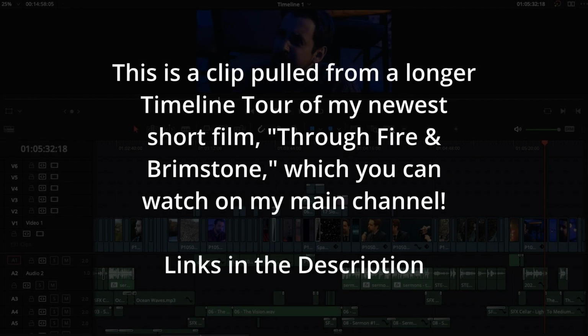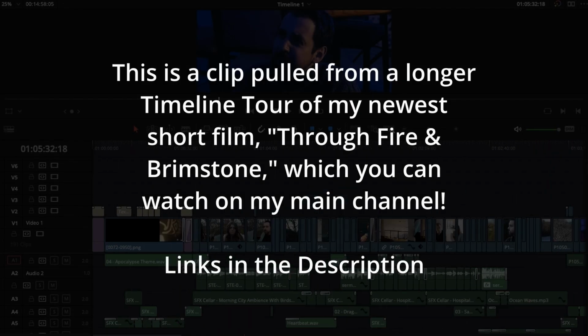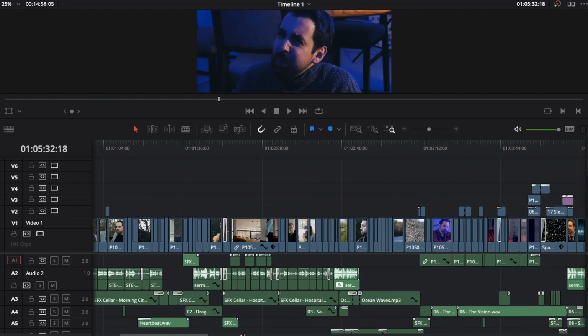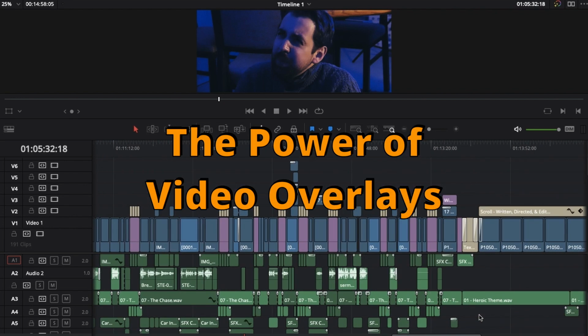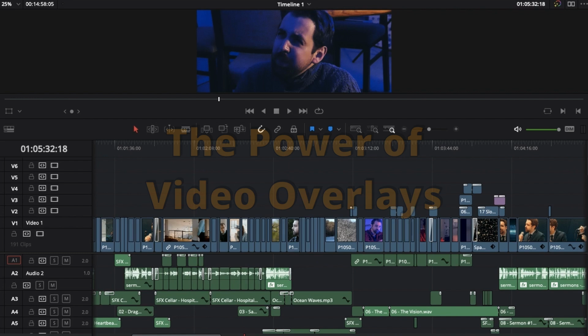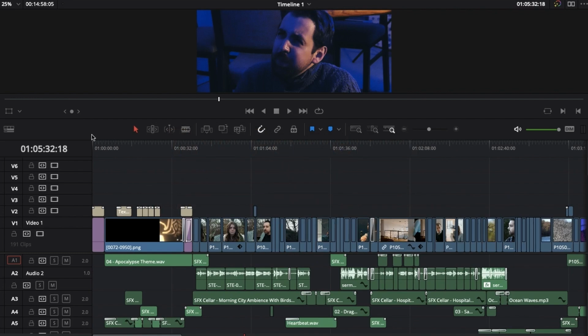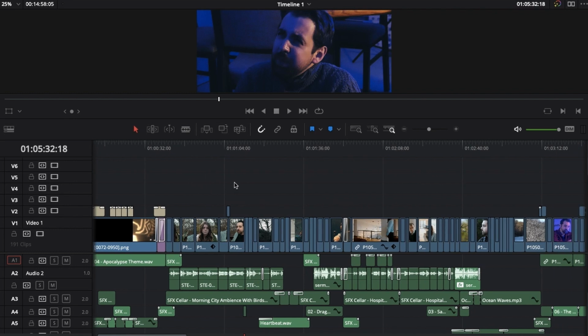I mean, let's just take a look at when I use overlays, because most of this film there aren't overlays, or I'm not taking advantage of the stacks, the different video tracks that I could be using. There are times where I'm cutting a short film, and I'll cut from one angle to the next angle to the next angle, and I'm just stacking them because I'm not sure. Well, maybe I do want to go back to the other angle I had,